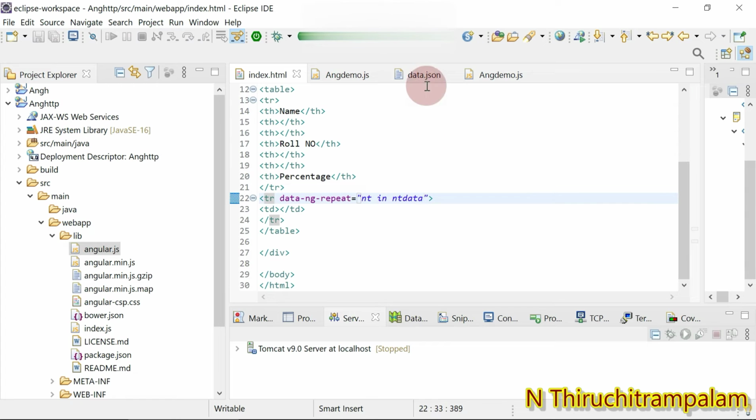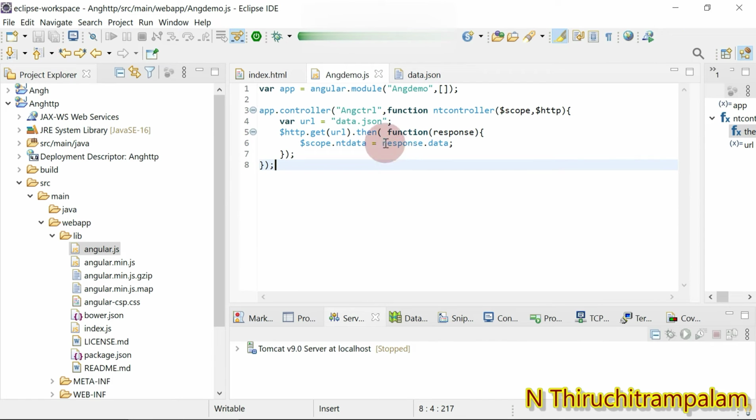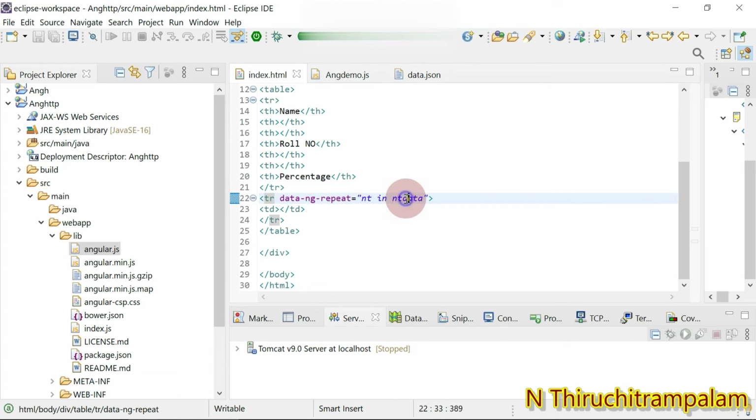So go to the ang controller, and then you can see the nt data property. All right, so this property is used here. So nt data, to retrieve each and every data, every record, I use the nt. All right,